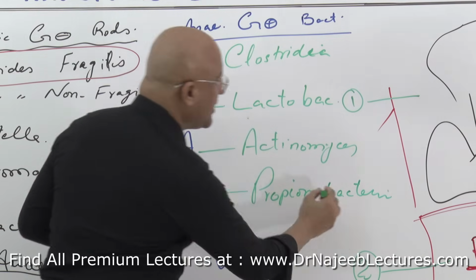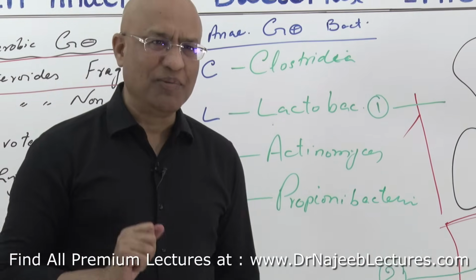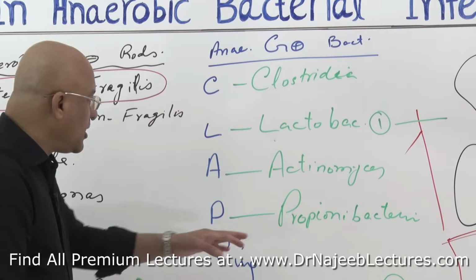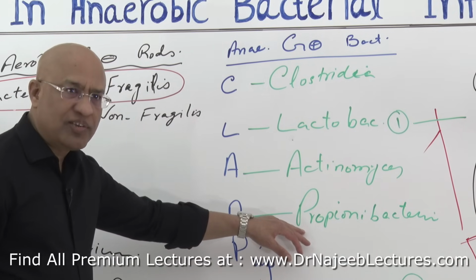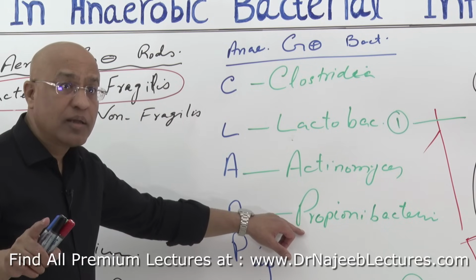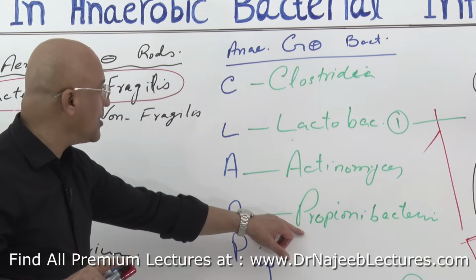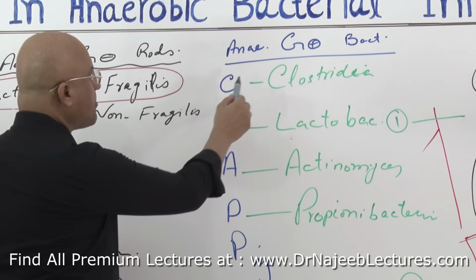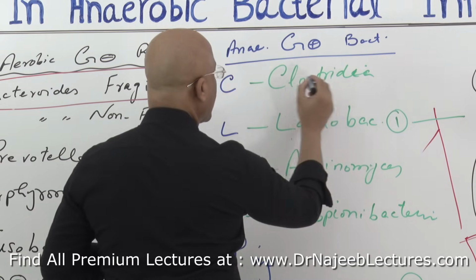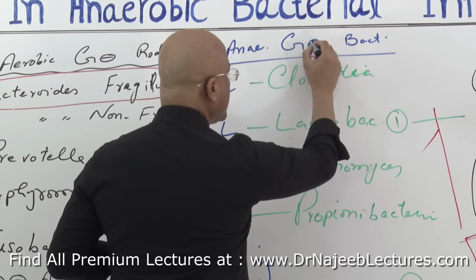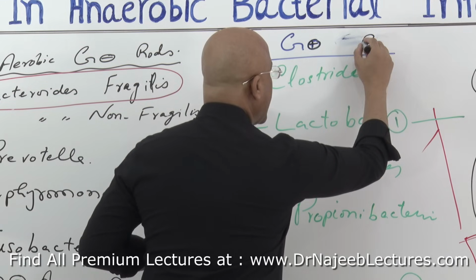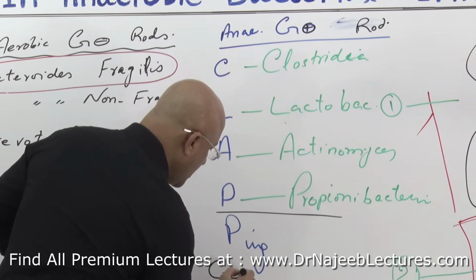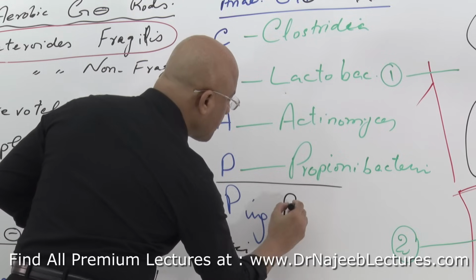which is now called, it has a new name, Cutibacterium. It is not cute at all because it produces acne vulgaris, right? Propionibacterium, and now recently the name is changed, yes, Cutibacterium. So, these are gram-negative bacteria, these are the rods, these are gram-positive anaerobic rods, and this P now cocci,